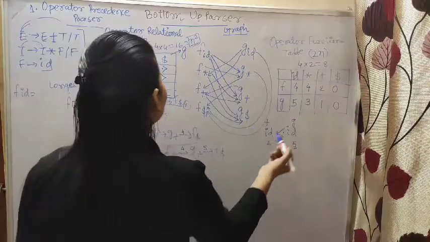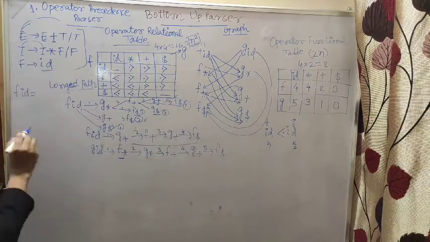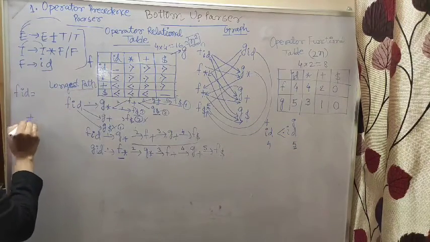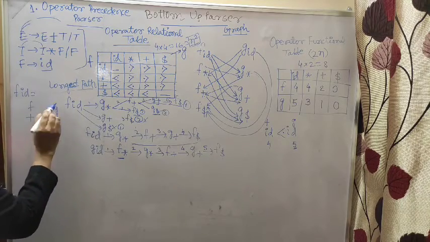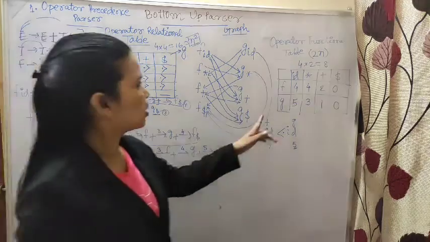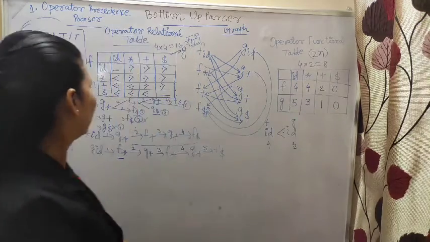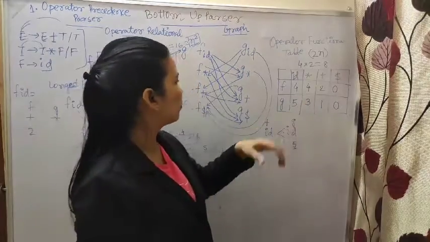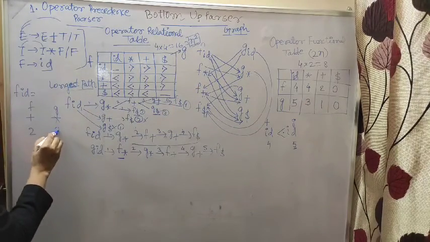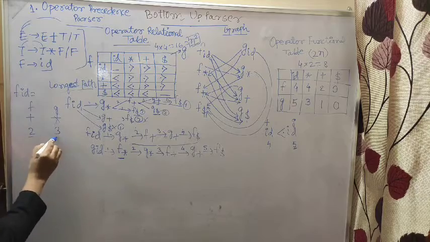If you check another example: plus, multiplication. Write down F, G. Now F of plus, what is given? F of plus is 2. Write down 2. What is given for G of star? 3. G of star is given 3. So which one is the bigger number? 3.